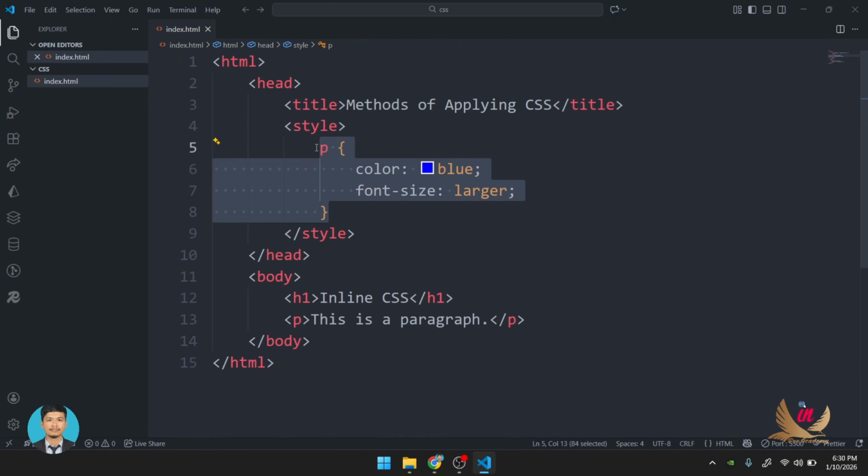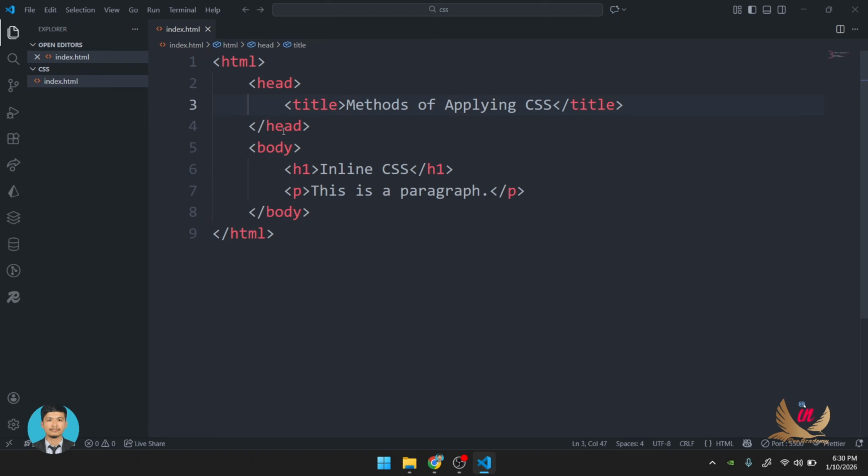The same like that, we can write down CSS in another way also. The next method for writing CSS is the external CSS, and external CSS is written in a separate CSS file. Means now for the third method, we have to create another file called style.css,